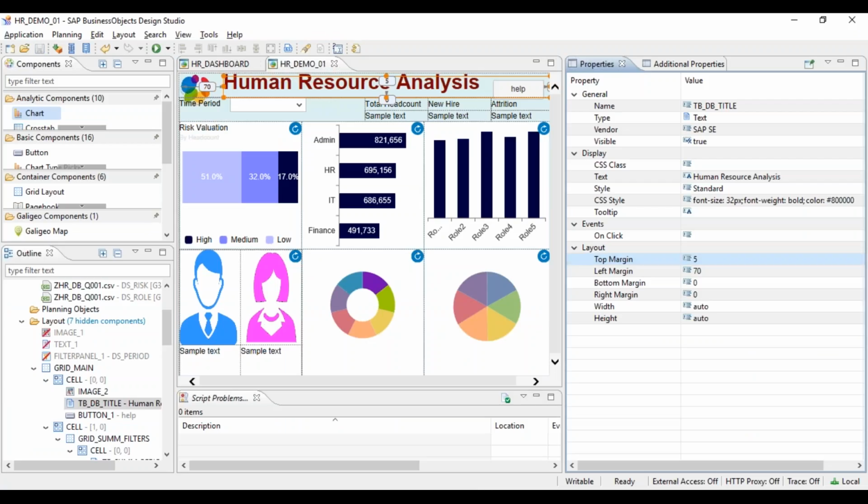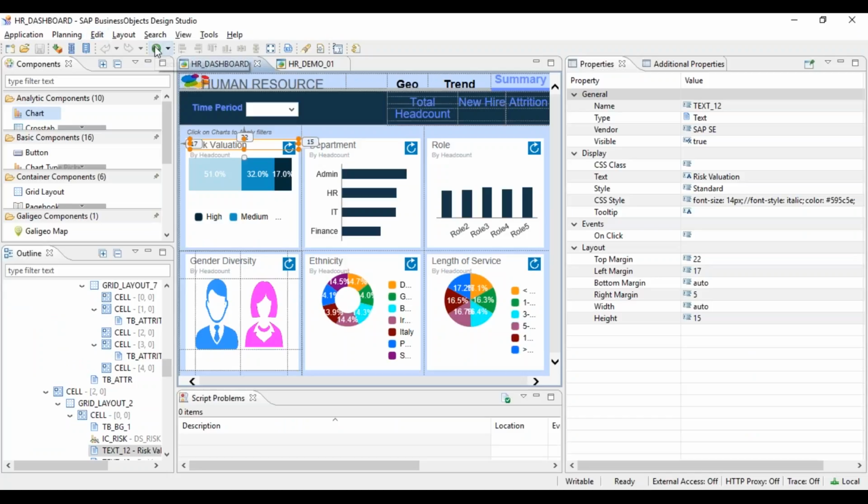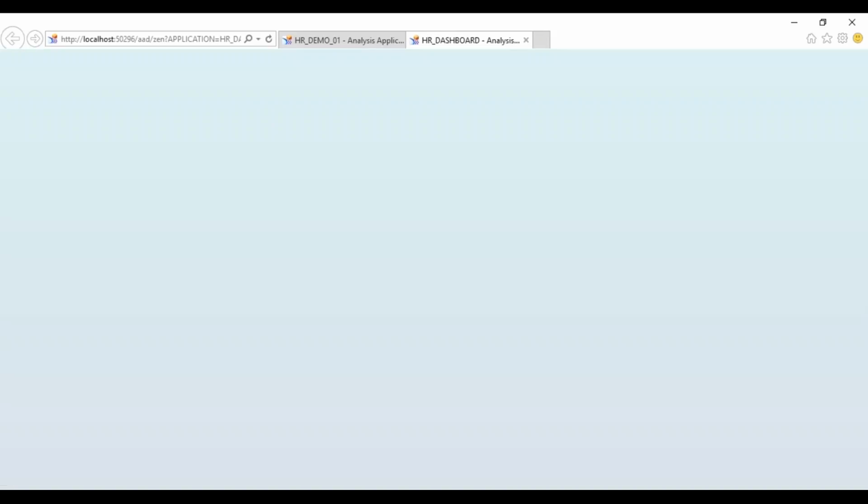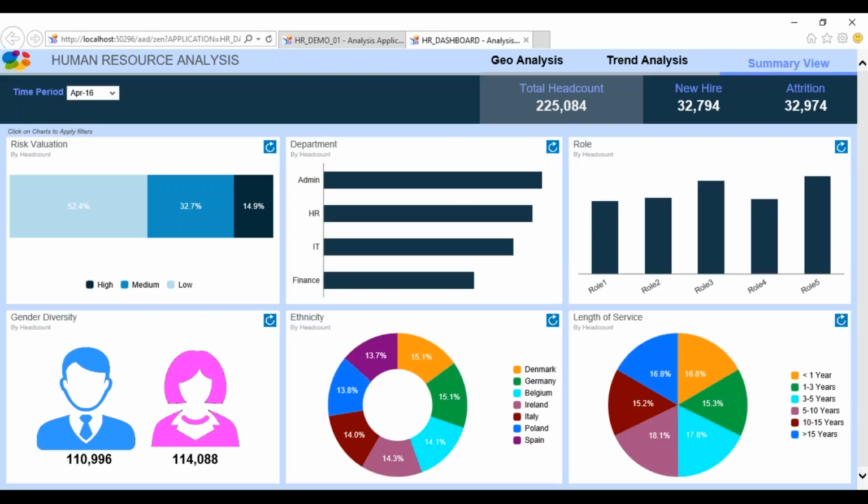So now I'll just go to this dashboard. Now this should be your final outcome after doing all the formatting. While you look at the dashboard, if there is a particular formatting you want to discuss, we can discuss how to achieve it. Like there is a space in between, we have more space here instead of 2 pixel, maybe it's given 5 to 10 pixel space. You can put another text box just to say, okay, click on charts to apply filter. This is again one more text box.